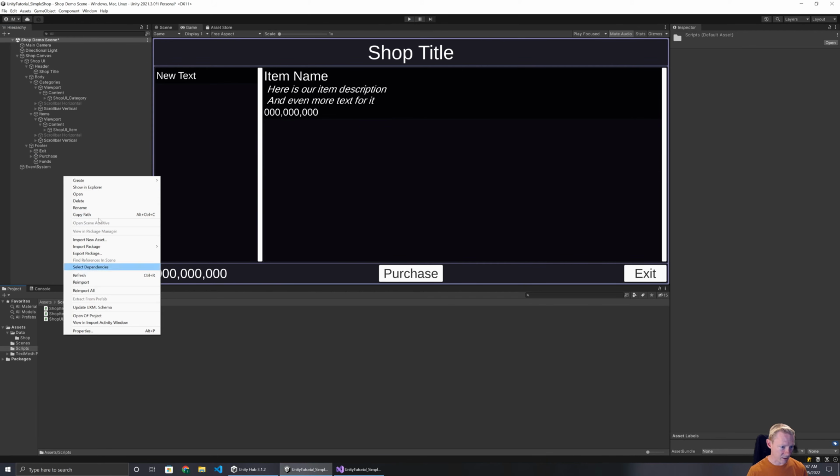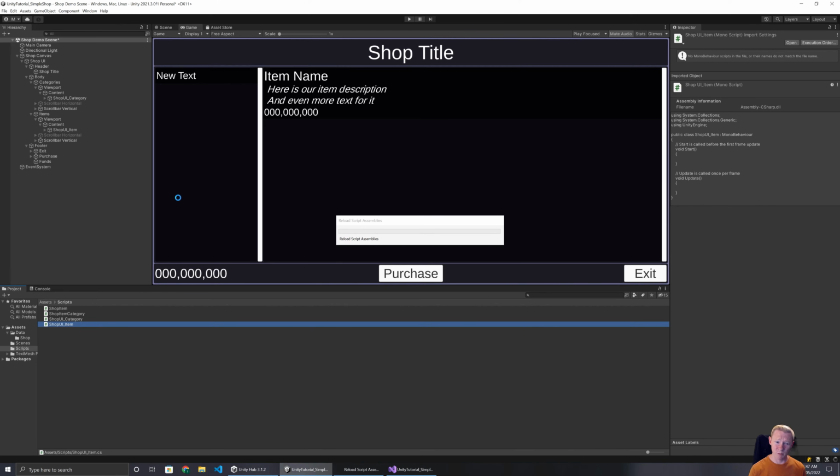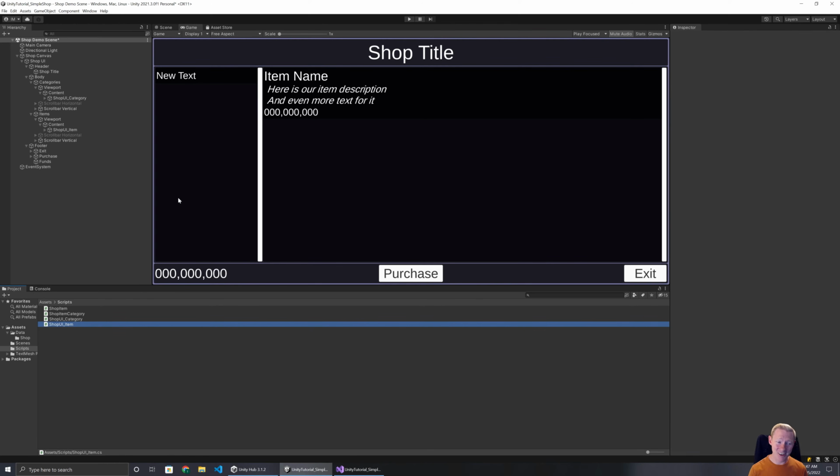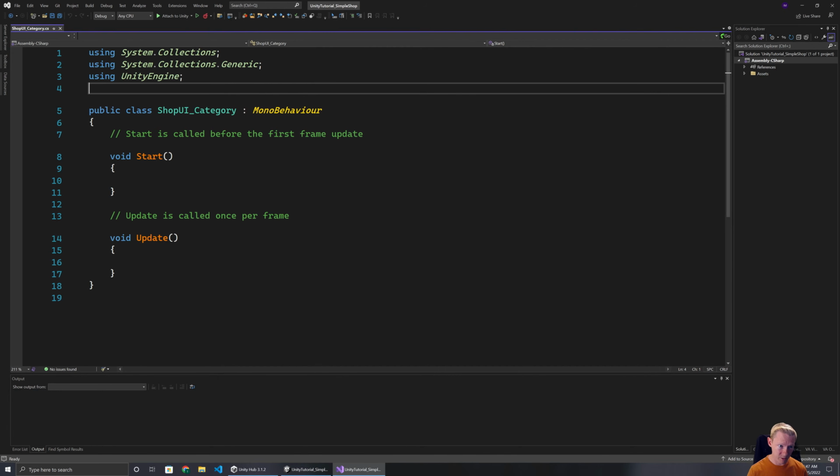So same sort of thing, it's going to need a little bit of script added onto it. So this is the thing, when we're setting up something like a shop, most of our work actually goes into setting up the UI. Like that's where the majority of the work is for this. So bring this in, and I haven't turned these into prefabs yet. That is intentional. Now I'm at the stage where I can turn these into prefabs, because we're going to have